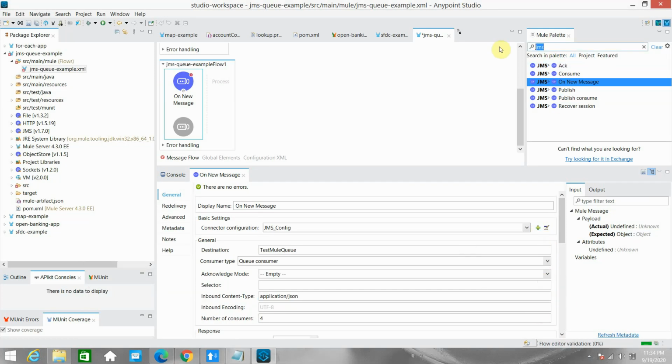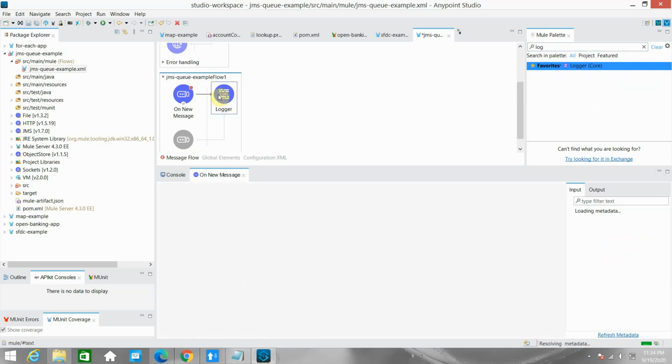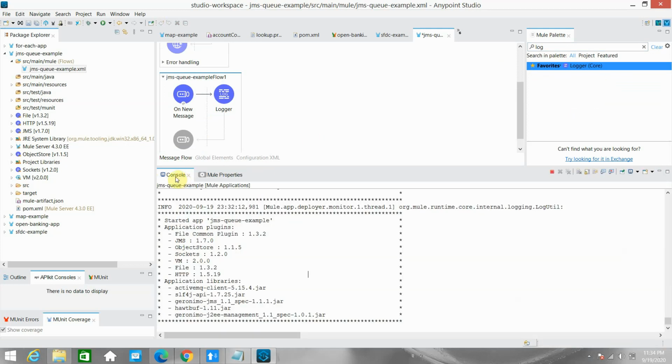Then I will just say logger, and I will just print out my payload. Let me go to the console. I have to save everything so it can redeploy the application.